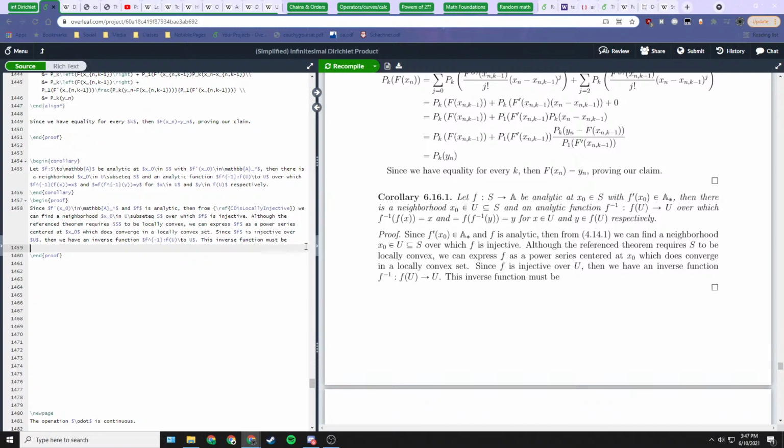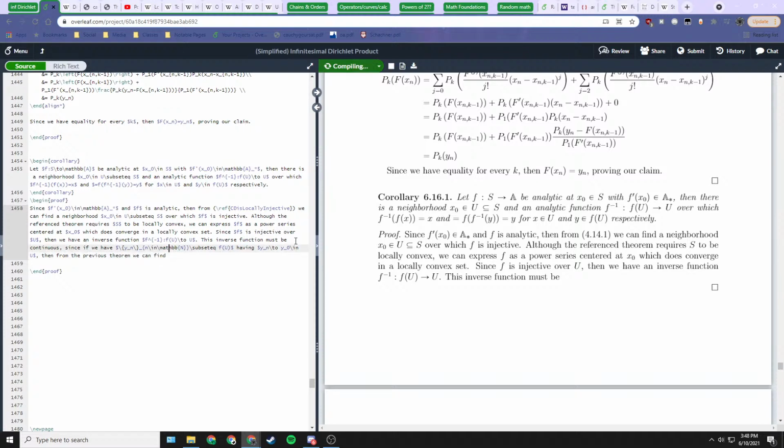So this inverse function must be continuous, since if we have y_n, a sequence y_n subset of f(U) having y_n go to y0 in U, then from the previous theorem we can find,